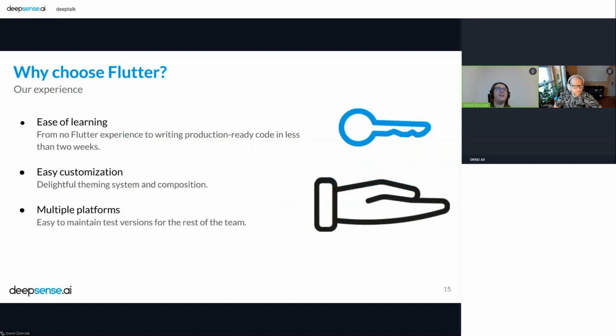And probably the most significant part of why you would choose Flutter would be feedback from our experience. First of all, I would like to talk about the previously mentioned ease of learning of Flutter. My role at deepsense.ai is front-end engineer, as I mentioned, so I mainly worked with web frameworks like React. When we decided to use Flutter for one of our projects, I needed to learn it along with mobile development best practices. It took me less than 2 weeks until I was ready to contribute to the application we were